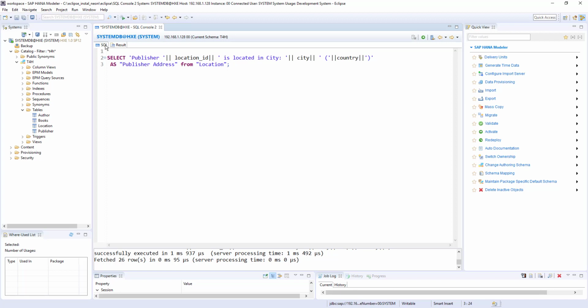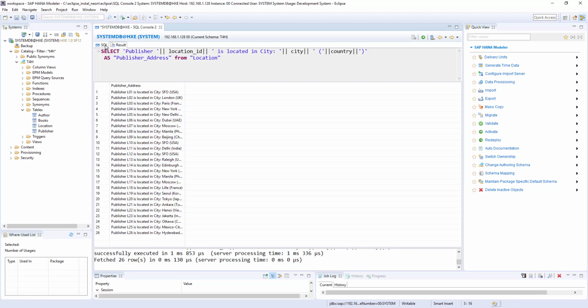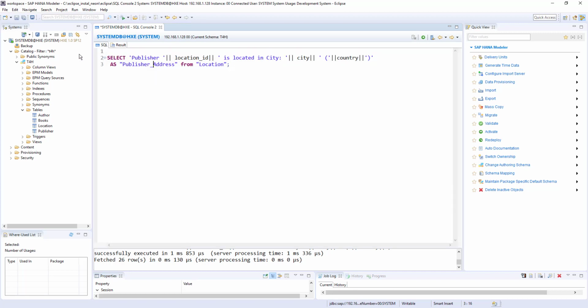So if it is a multi-word column name, we must use quotes, but the best practice is to always try to use single-word alias names. If you must use publisher and address, then use an underscore, which looks almost similar to publisher space address, and it will avoid some issues in the reporting area. When this data is consumed by Business Objects or other front-end applications, they may run into issues if you use spaces in column names or table names.